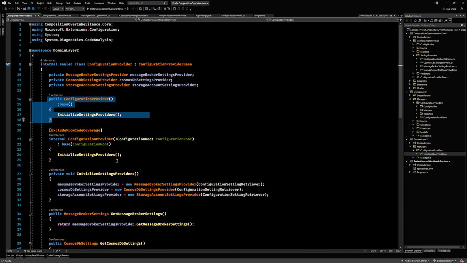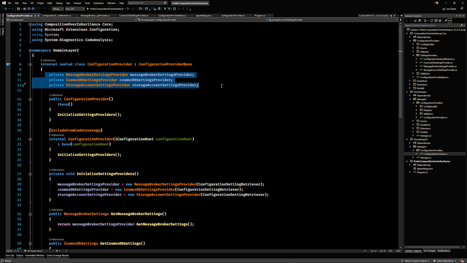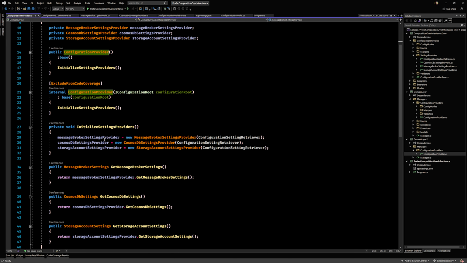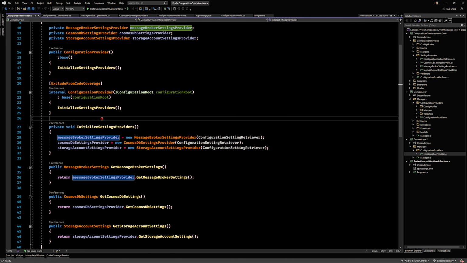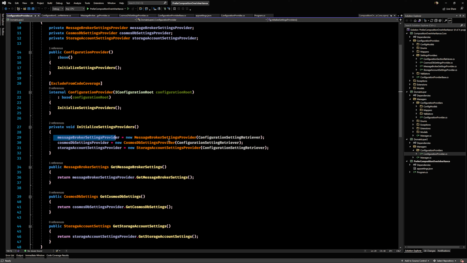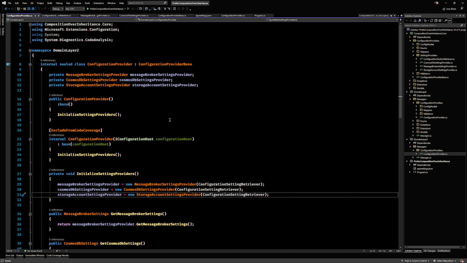There's no understanding from the outside that it is compositing these three classes, because these three classes are created internally to this config provider. It's not injected in or something else. And if these classes needed to be disposed, then this class, the config provider, would have been responsible for disposing of these classes when the time is right, which effectively would mean it becomes disposable as well.